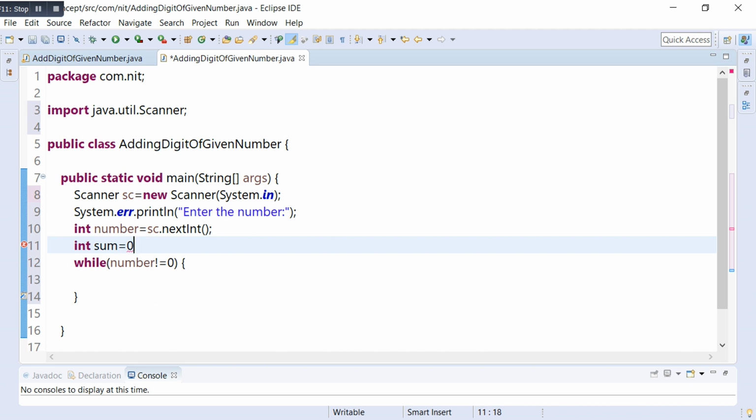You have to take one temp variable and store the actual number.